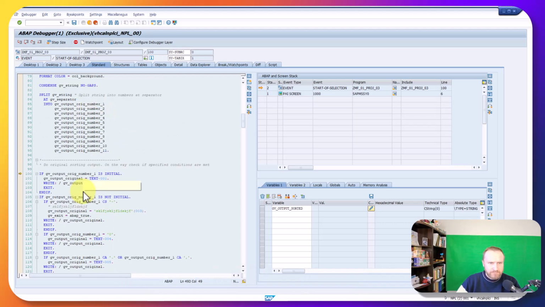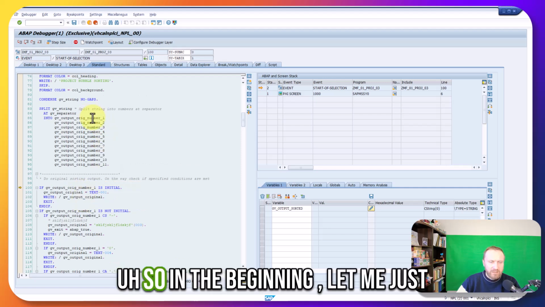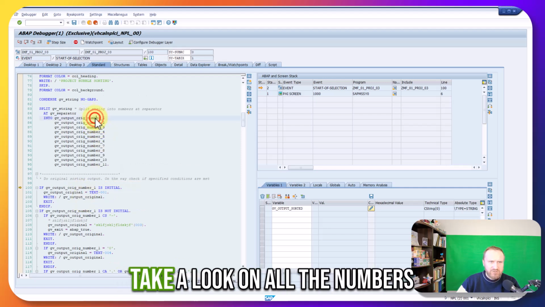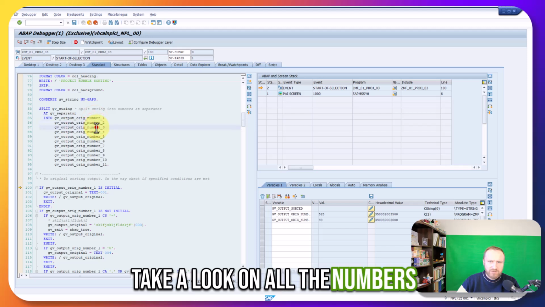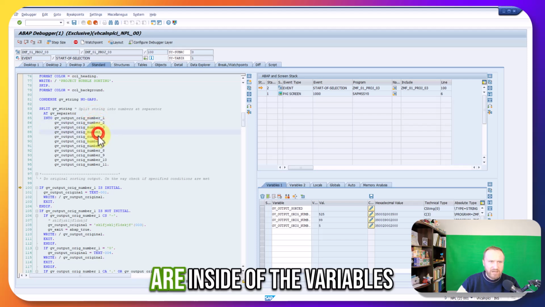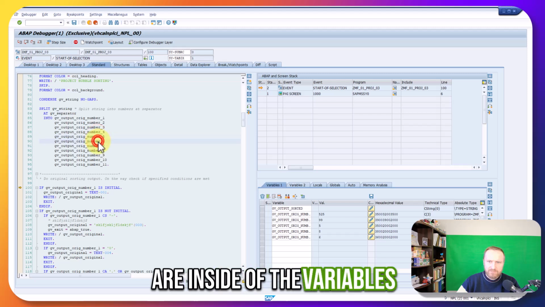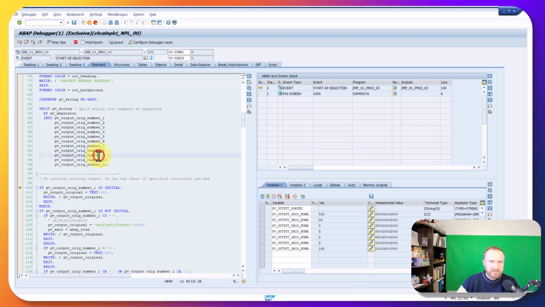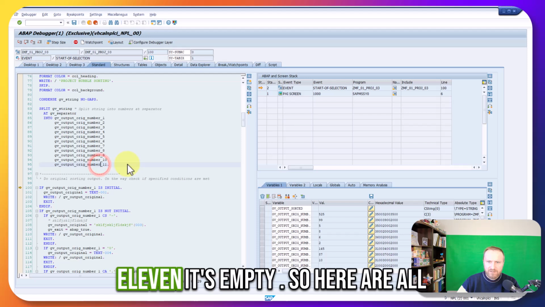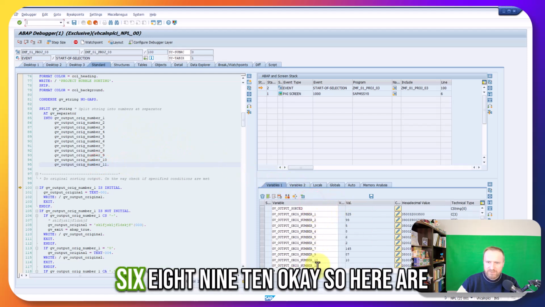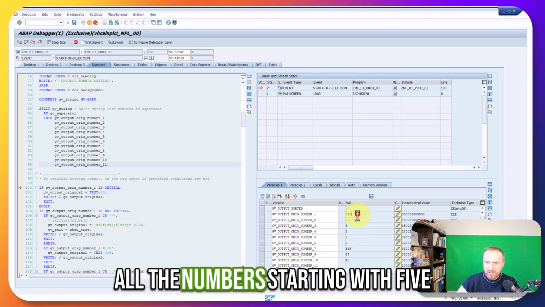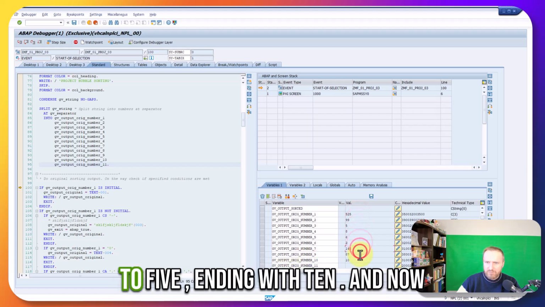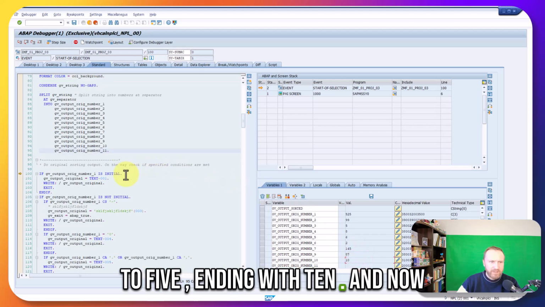Okay. So in the beginning, let me just take a look at all the numbers that are inside of the variables. So 8, 7, 8, 9, 10, 11, it's empty. So here are all the numbers, 1, 2, 3, 4, 5, 6, 8, 9, 10. Okay, so here are all the numbers starting with 5 to 5, ending with 10. And now,